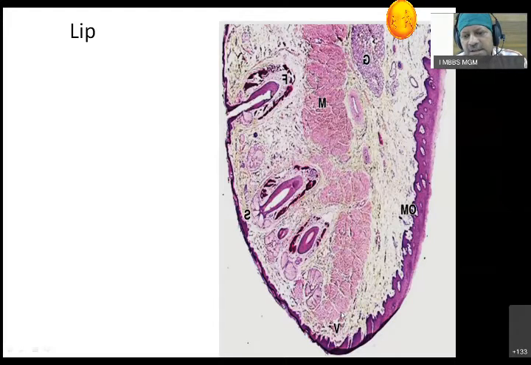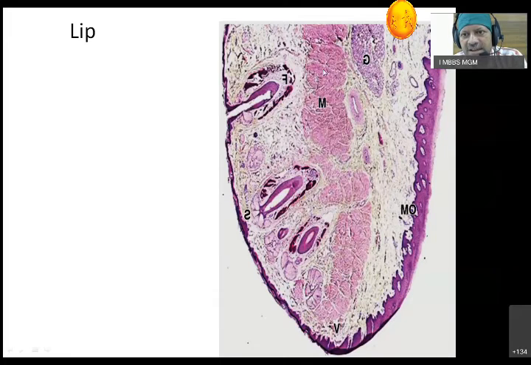Which muscle may this be? These are the muscles of the lip, what we call the facial muscles, the muscles of facial expression. Which muscle will this be? This will be either orbicularis oris, or levator labii superioris, or depressor labii inferioris, and whatever. These are striated muscles, so they are interposed in the lip. This is how we identify it. On one side, I see all the characteristics of the skin. On the other side, I see the mucosa, thick epidermis, or the mucosa.